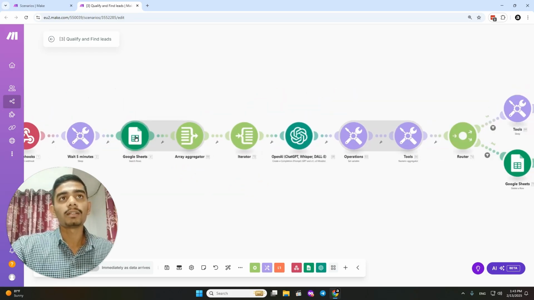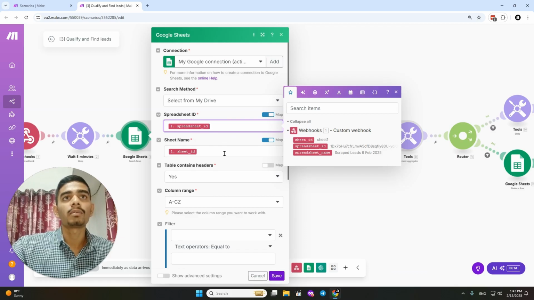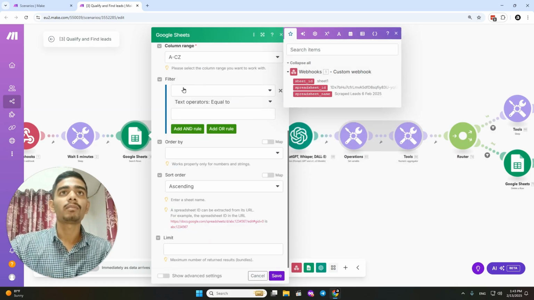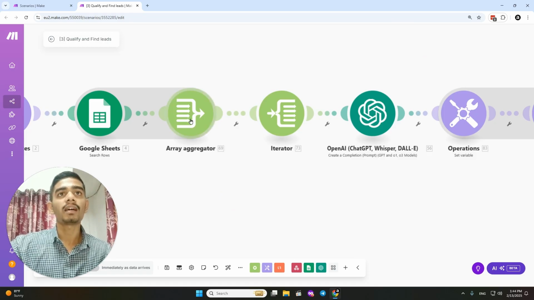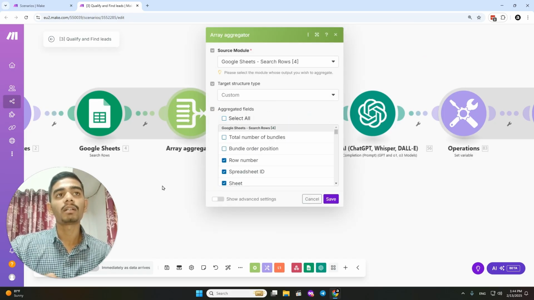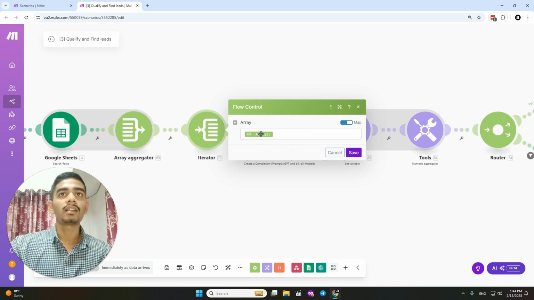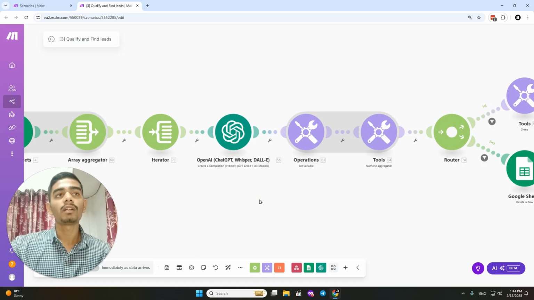Once we do that, you need to search the rows for the spreadsheet ID we got from the webhook and the sheet name we got from the webhook. We won't use any filter here, we'll just search for all the rows. Once we get all the rows, we need to put that into an array aggregator to create a bundle. Once we do that, we use an iterator and we put that array here, and then we have the ChatGPT module to verify those,